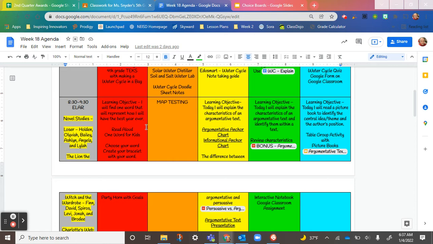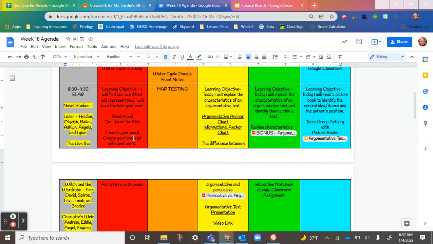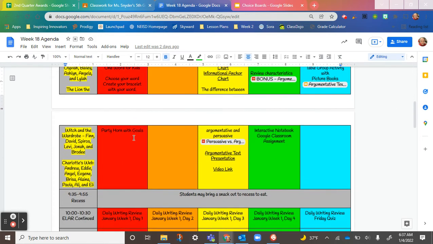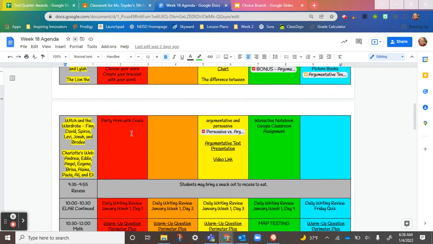So if you pick the word, for example, kindness, then you're making an effort each day to practice kindness. So we went through the book, and then we all picked one word to live by this year, and then we made a bracelet with our word. And then I have in your take home folder, we did a party horn, and we put some goals. We wrote some goals for the new year on that. So you can get that page when you come back.